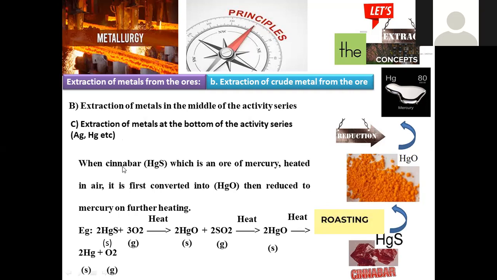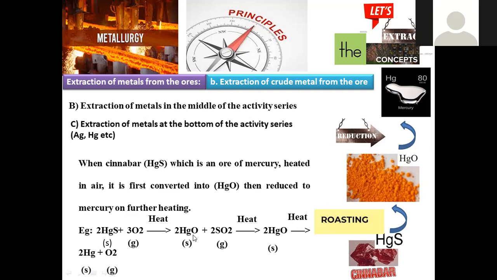And this cinnabar can be heated in the presence of air, so in the open air it is subjected to heating. While heating, mercury sulfide is converted into oxide form. This is called roasting. Then it is reduced to mercury on further heating. We continue raising the temperature so that the pure form of mercury is obtained. Mercury is the one and only liquid metal in the entire periodic table, and it is a member of the noble metals. Mercury sulfide, upon treating with oxygen and raising the temperature very high,